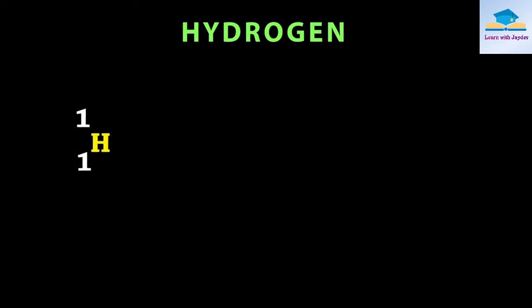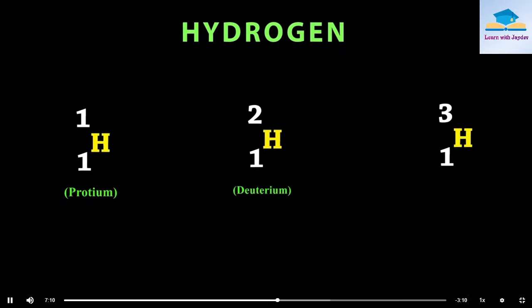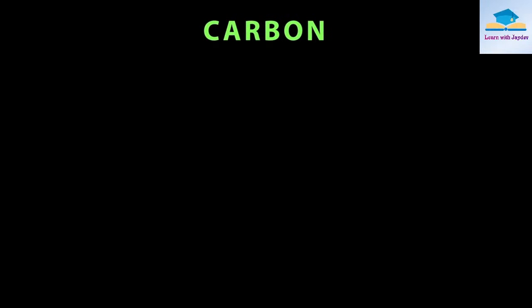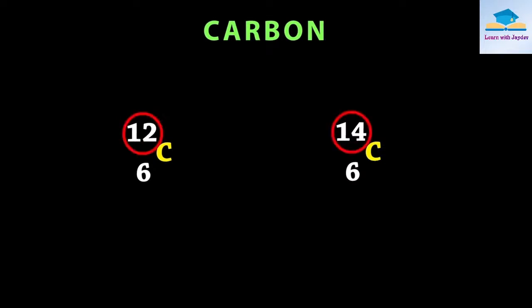Yes, because the hydrogen atom has 3 atomic species: protium, deuterium, and tritium. We see that the atomic number of each is 1, but the mass number is different. That is 1, 2, and 3. Let us take another example, say the carbon atom. Here, the atomic number is 6, and the mass number in both the types is different, that is 12 and 14. Similarly, for chlorine, we have